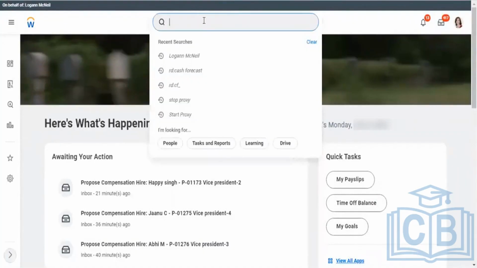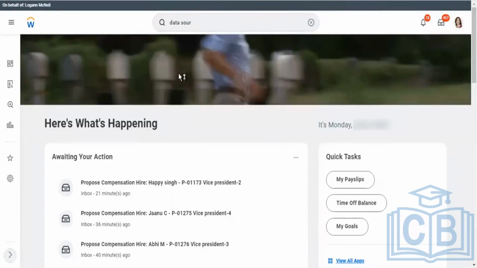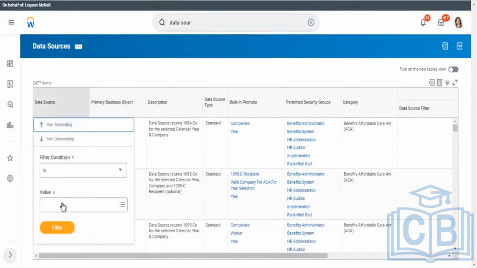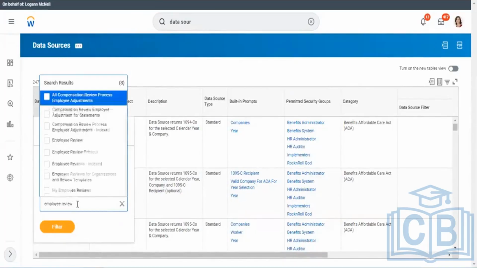Let's see what data sources are available for the review process. We have multiple review processes, and that gives all the review-related things.